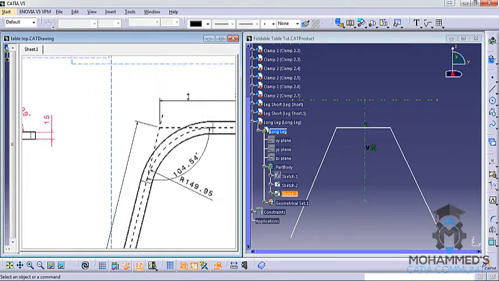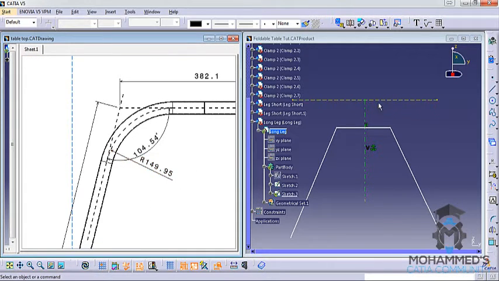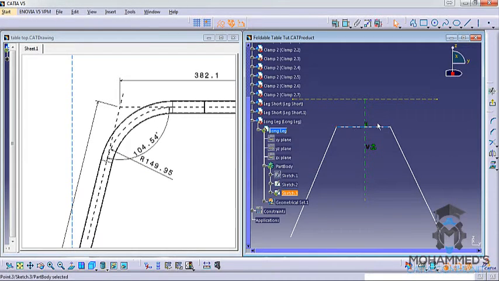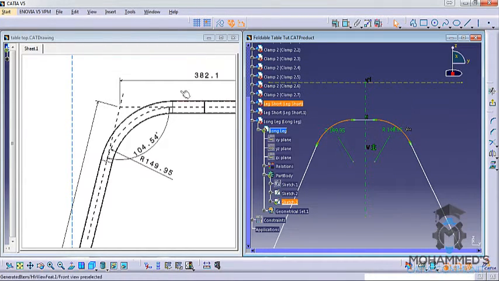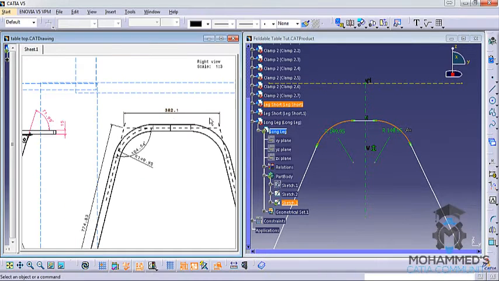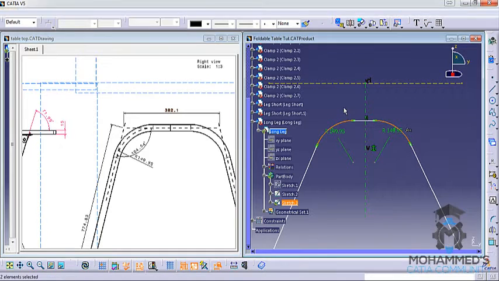Now as you can see, the radius is 149.95, so you can select this and this point here and give the radius as 149.95. Make sure that these lines are solid. And you can also, okay, before doing that, I think it's better if you